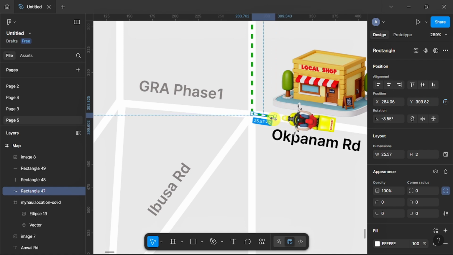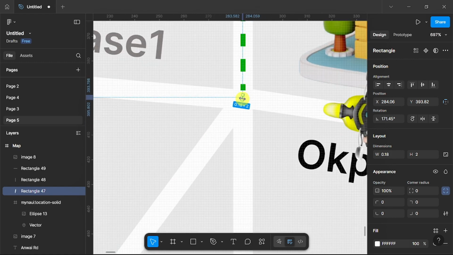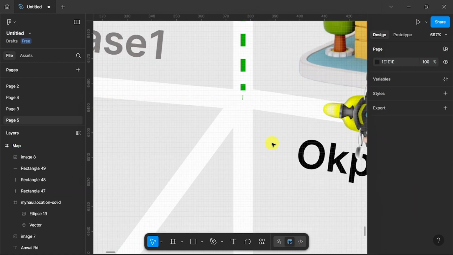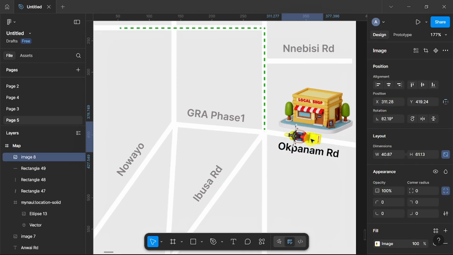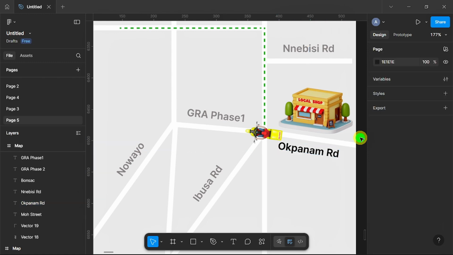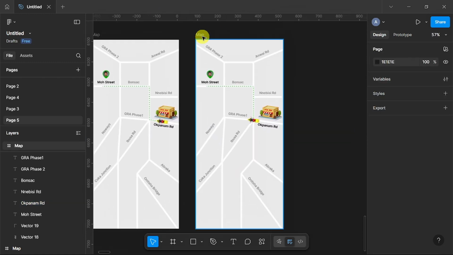Then you reduce it this way, yeah, like this. Then you click on your bike, then move your bike, make sure it's at the center like this. Now once you do this, you will zoom out, then you duplicate the screen,